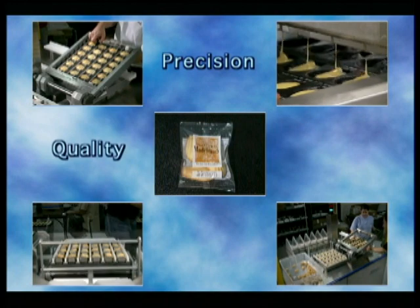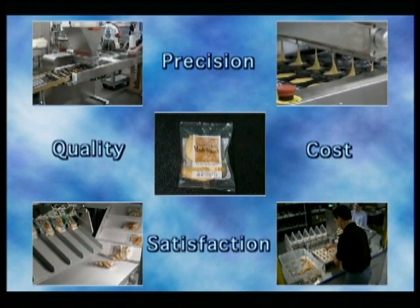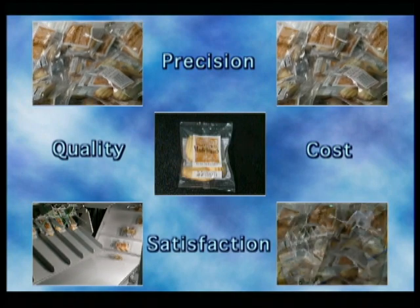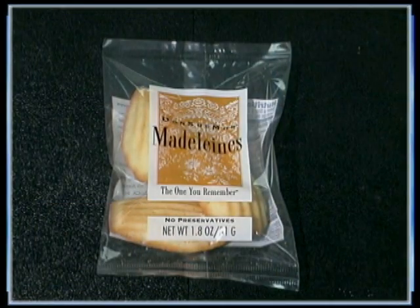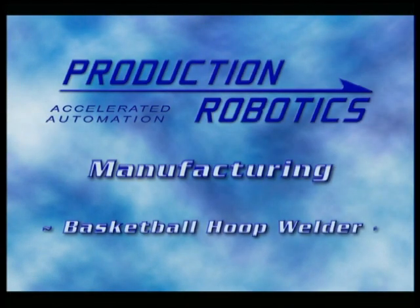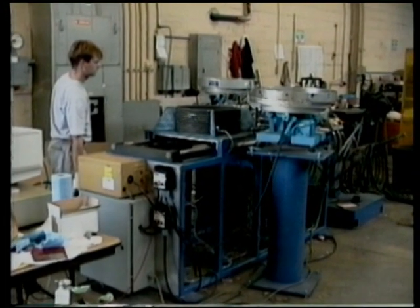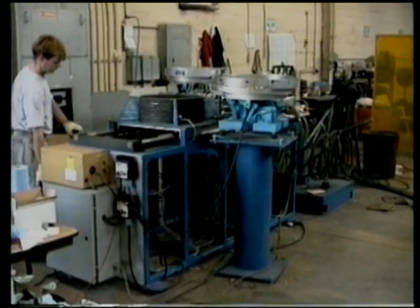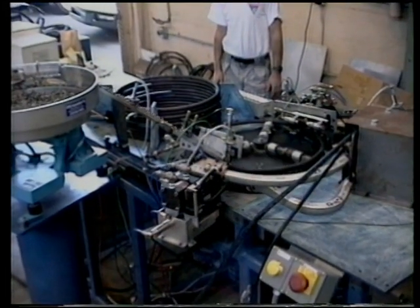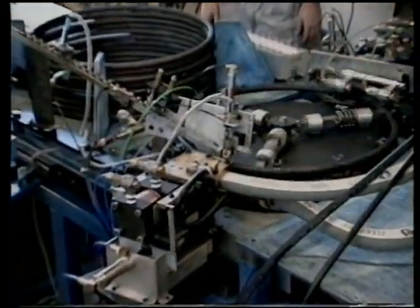Precision, quality, cost. All these factors can influence a customer's ultimate satisfaction with a piece of equipment. Production Robotics looks closely at the particular application for a machine and works with the customer to achieve the right balance in these areas. Take basketball hoops, for instance. A manufacturer of basketball hoops asked Production Robotics to design a machine that would weld the 12 hooks for the net onto the hoop. And the process here was quite different from that necessary for a highly expensive biotechnology assay